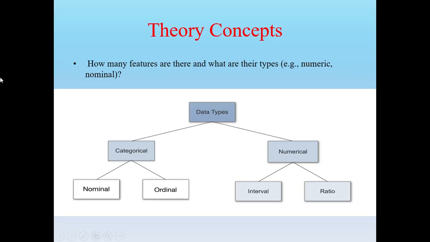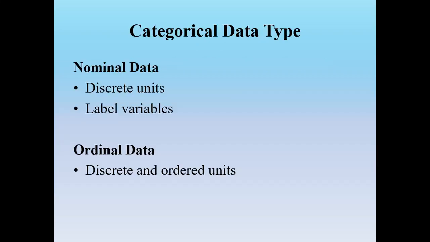First is data types. Data types are important statistical concepts which we need to understand to correctly apply statistical measurements to your data and therefore to correctly conclude certain assumptions about it. Data types have 2 parts, categorical and numerical. In categorical we have nominal and ordinal, and in numerical we have interval and ratio. Now first moving to categorical.